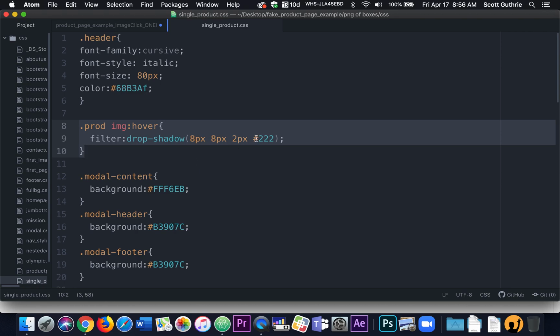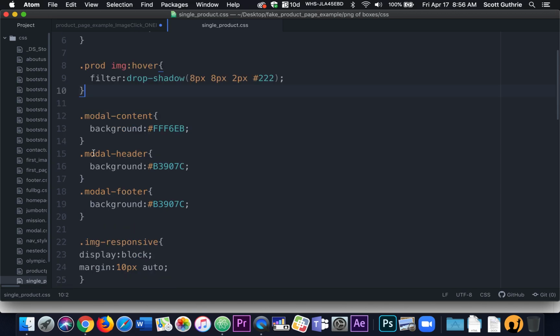The number sign 222 is just kind of a slate dark gray. It's not black. It's not gray. It's like in between. And it's a number 222 that a lot of web designers use instead of using a black, which is 000. Okay, so stop that and type it, and then now we're going to go into the